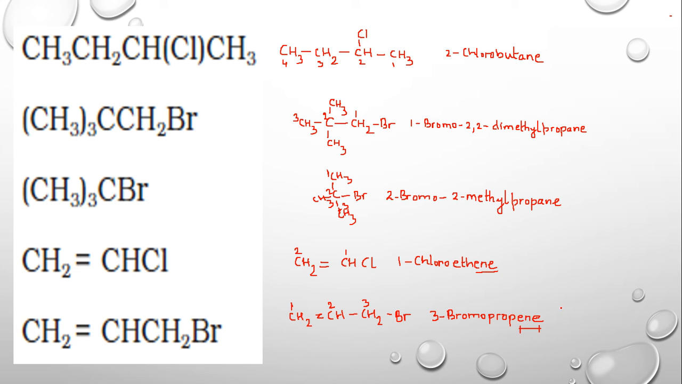It can also be written as 3 bromo 1 propene. So it is understood that double bond, it will be present in between carbon number 1 and carbon number 2. So both the nomenclatures are correct. Come to next example,